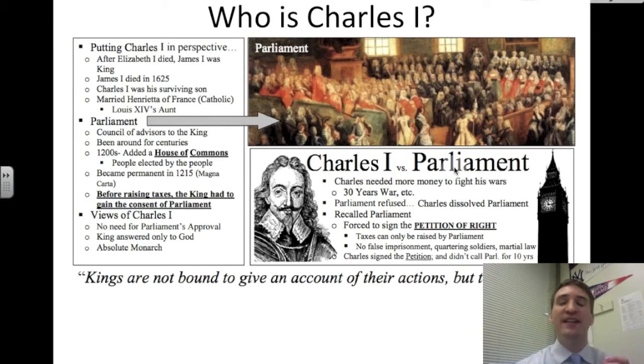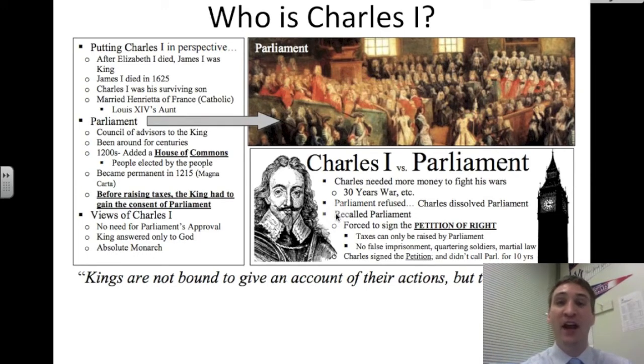Charles I needs money after a while, so he actually has to work with Parliament. Charles I wants to expand the English Empire, and he gets involved in wars with France and other European powers. Parliament refuses to give Charles I money and refuses to say okay on these war plans. So then Charles I dissolves Parliament. In other words, he abolishes them. He says, you cannot meet anymore. Well, eventually he needs Parliament back.